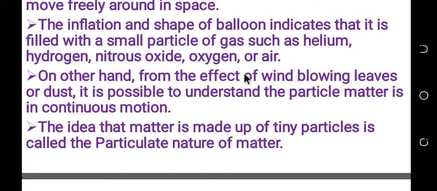On the other hand, from the effect of wind blowing leaves or dust, it is possible to understand the particle matter is in continuous motion ማለት ነው። ንፋስ ሲንቀሳቀስ ታያለህ፣ አቧራ ተሸክሞ ይሄዳል ብዙ ጊዜ አይደል? It is possible to understand that the particle matter is in continuous motion ነው።